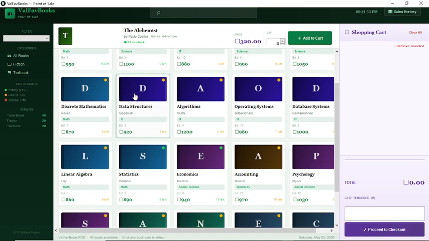Each card shows a book title, author, a genre tag, price, and a color-coded stock indicator. Green means plenty of stock, yellow means low stock, and red means no stock available. And if I click the